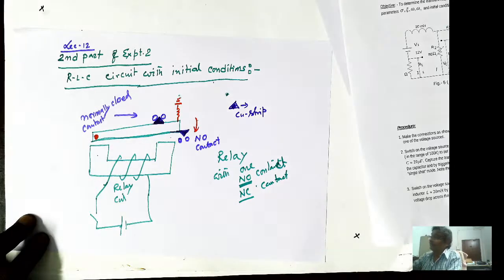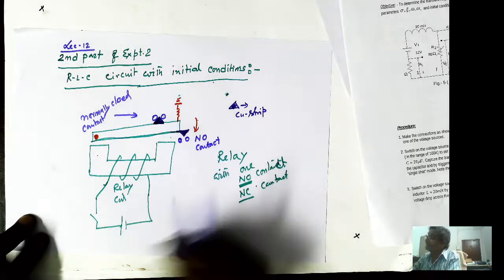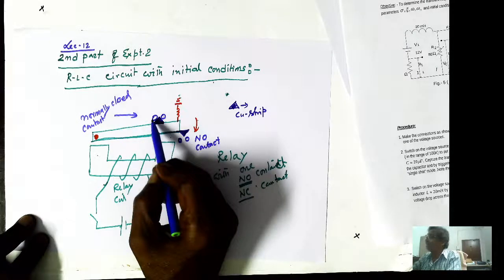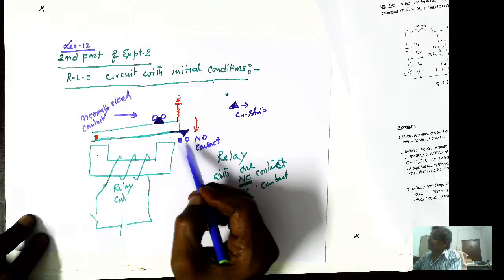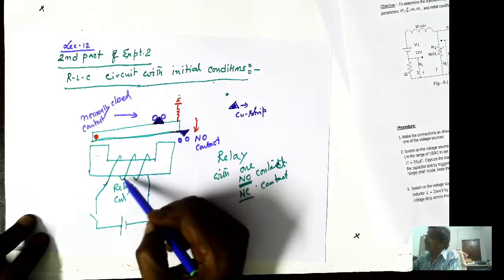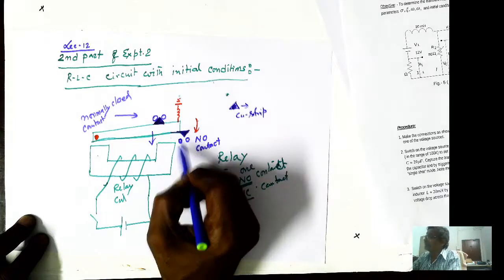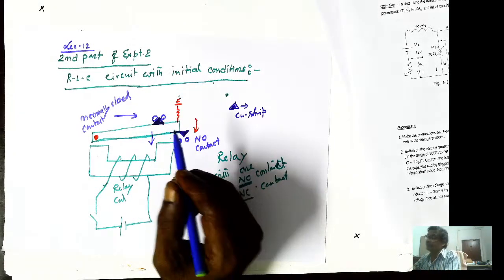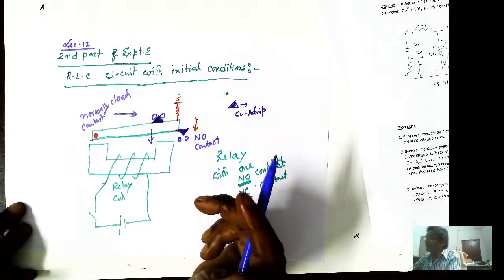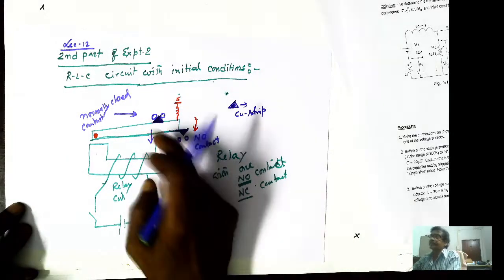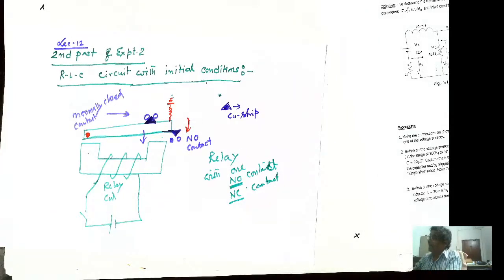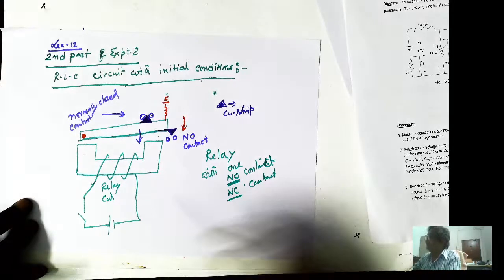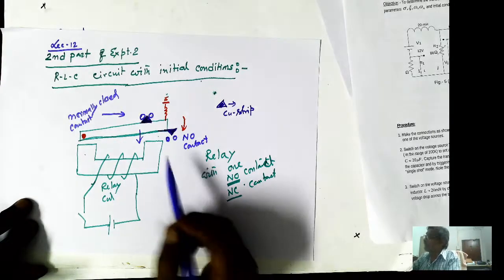So this is the thing. You energize this. If this coil is not energized, in the normally closed contact these two terminals will get shorted, and these two terminals are open circuited. If you energize this coil, this fellow will come down, and these two will get shorted, and these two will become open. So with respect to that, NO-NC contacts are provided. Therefore, you will be doing simultaneously the two things. That switching will be done by this.